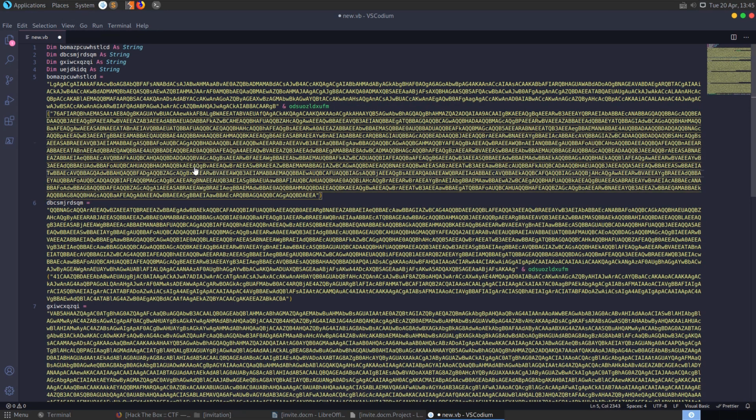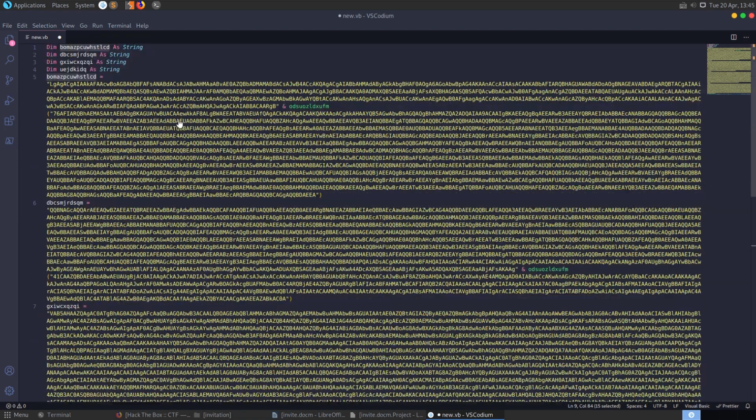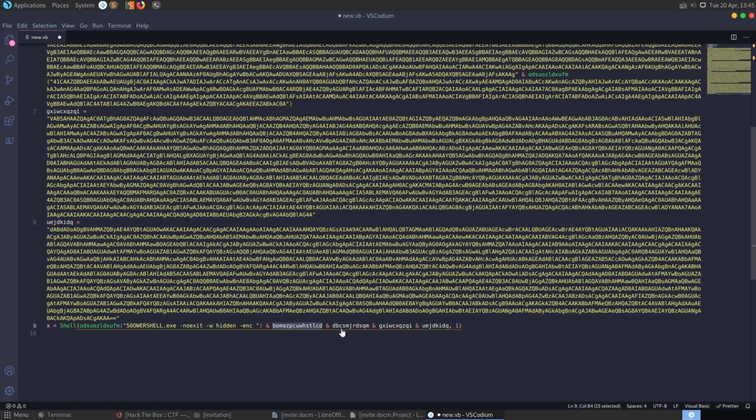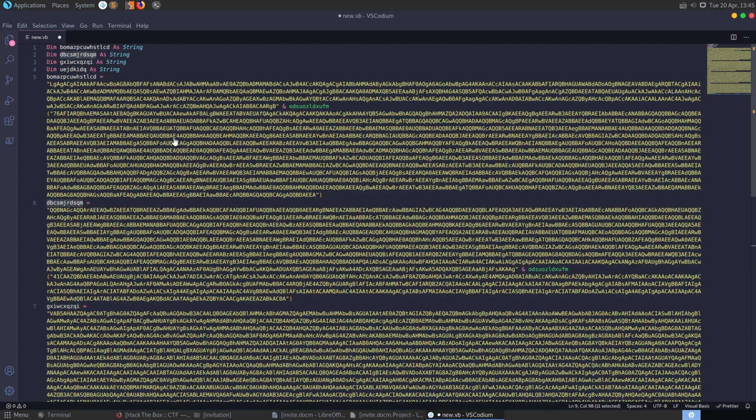So you can see that we have these strings, and it's a bit easier to work out what's going on now. We have this shell command which is being called. It's calling PowerShell, and it's passing in these parameters, where we can see that the first parameter is this one right here, the second parameter is the second one, and then etc. So we can basically go through, and if I take this to,